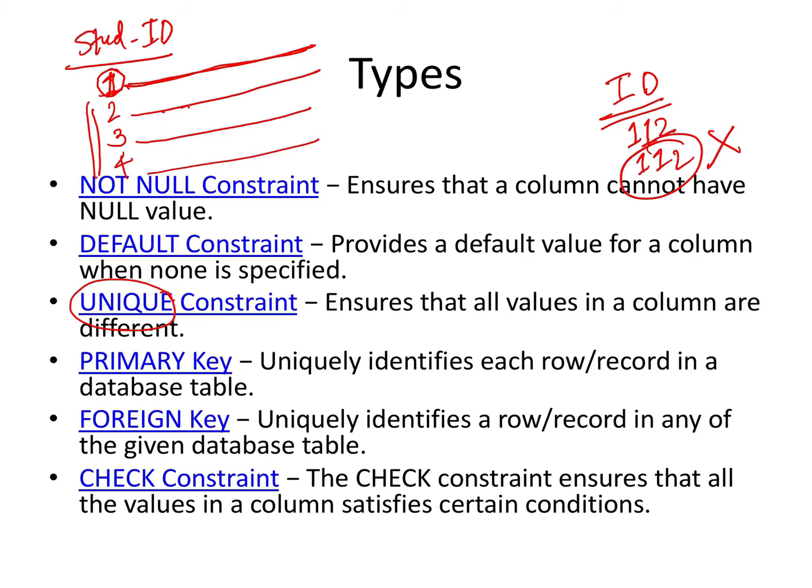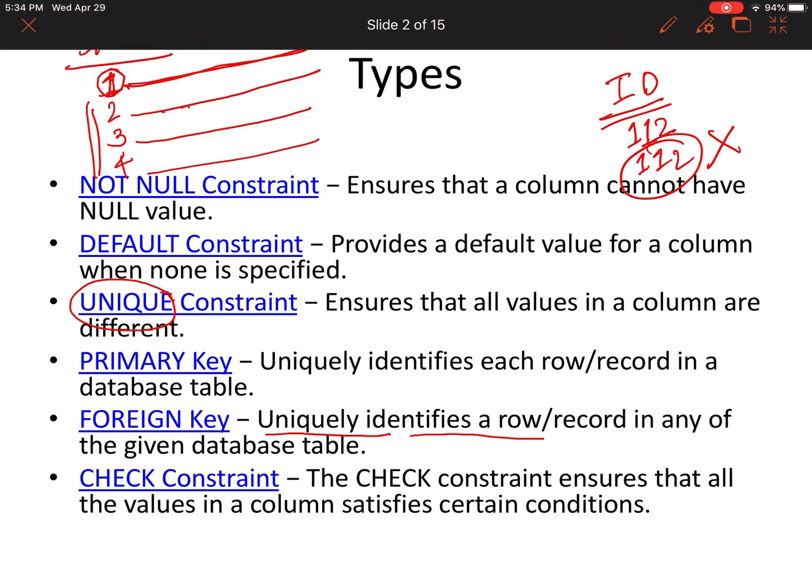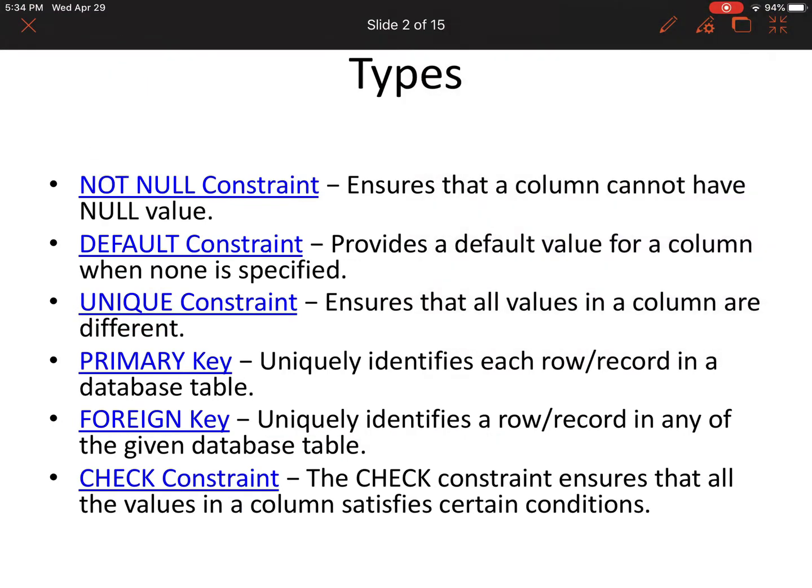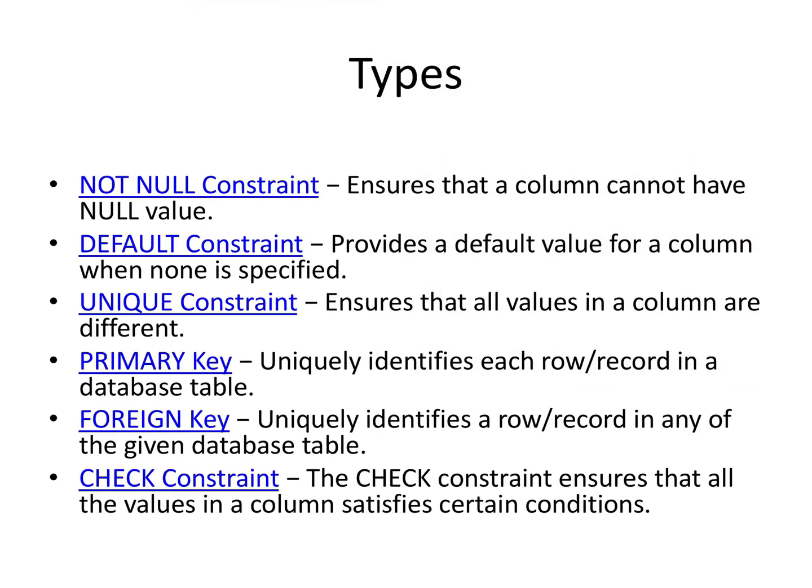Now let's see what we mean by foreign key. A foreign key is a key or a column which refers to another column in another table, which is a primary key there. Let me give you an example. If there was a student table, and I had student ID there, and it is a primary key, and I have certain records here.